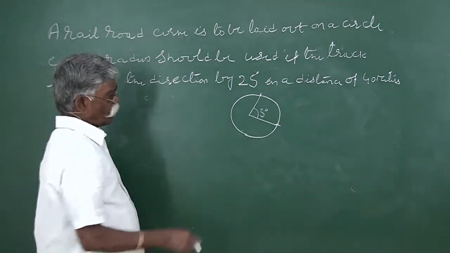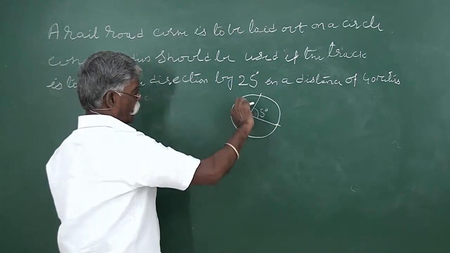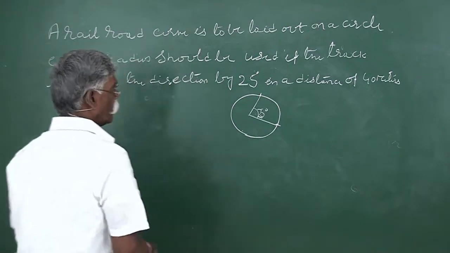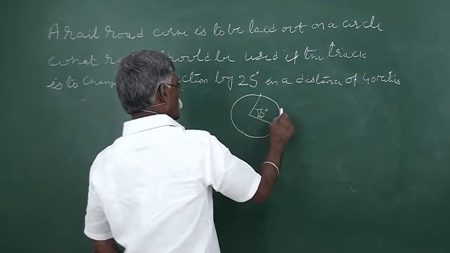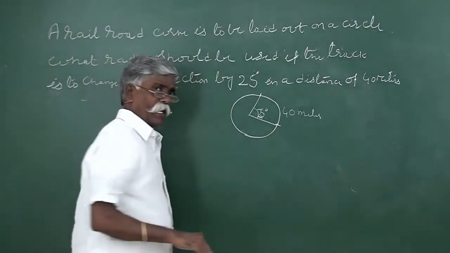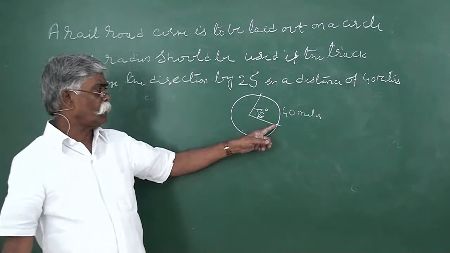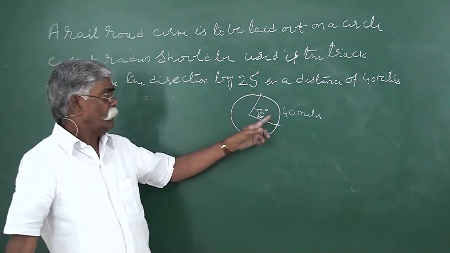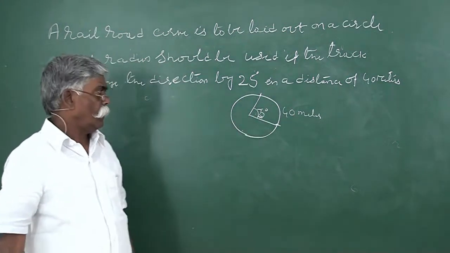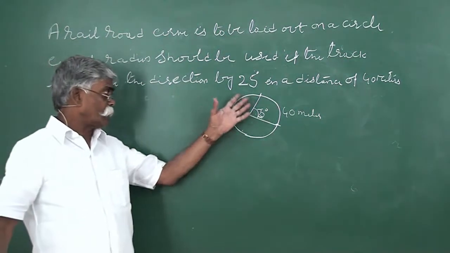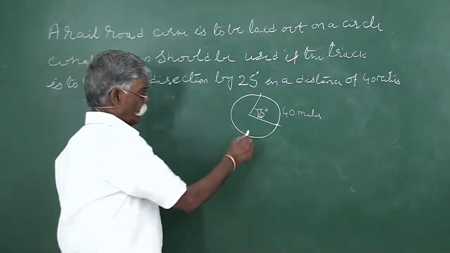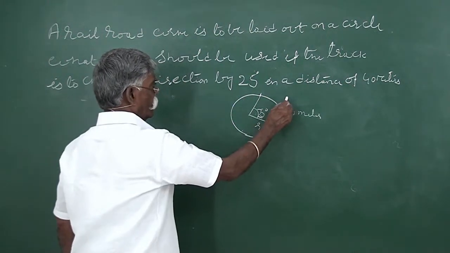That means the amount of rotation made from here to here is 25 degrees, and this distance is given as 40 meters. So by traveling a distance of 40 meters from here to here, it is taking an angle of 25 degrees. So if we consider this as a circle, and this is a radius r, and this is L